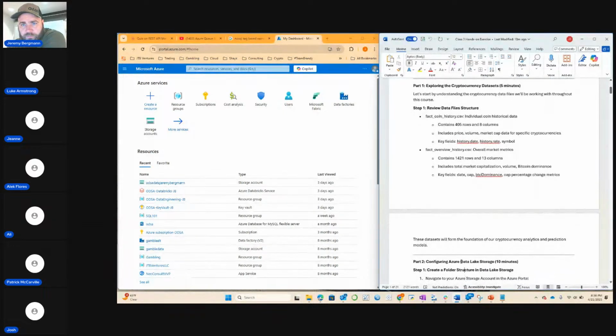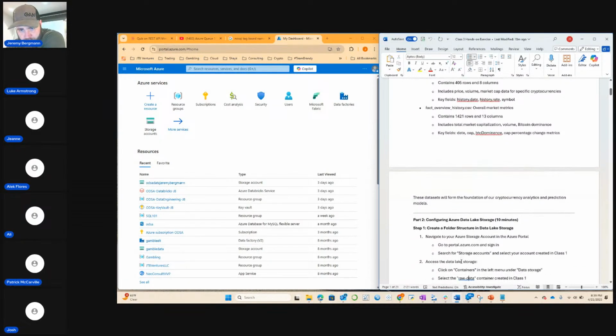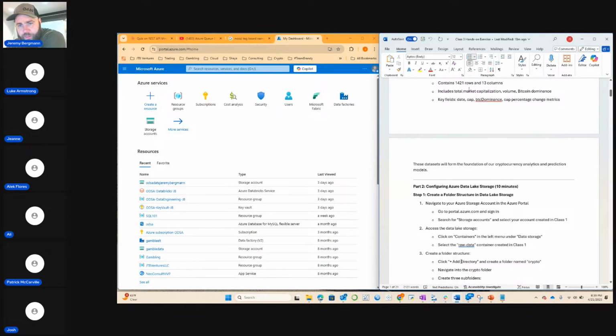Okay. So first, we already covered what these data sets are. This gives a little bit more information on your key fields and how many rows and columns are in each one. They'll be the foundation of our cryptocurrency analytics prediction models. Even if you haven't completed homework 1, those files will get us started with building this data